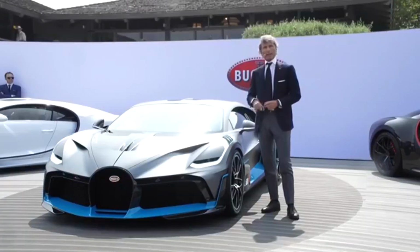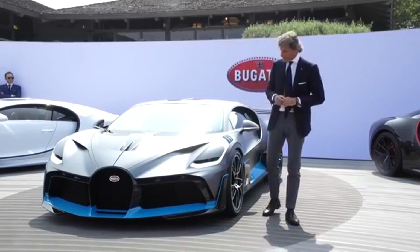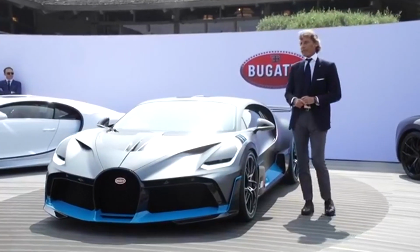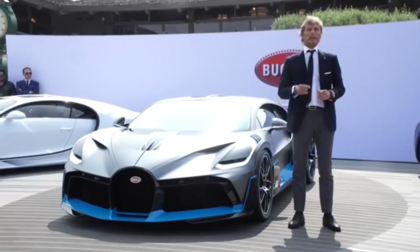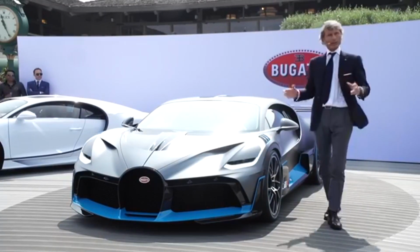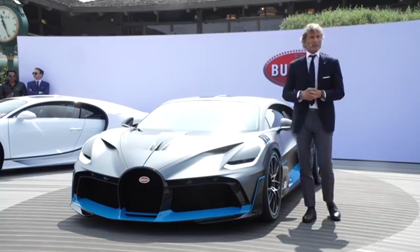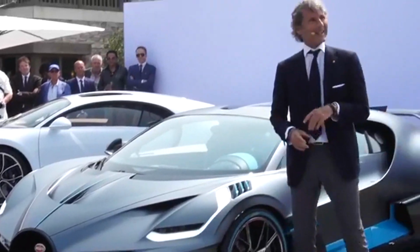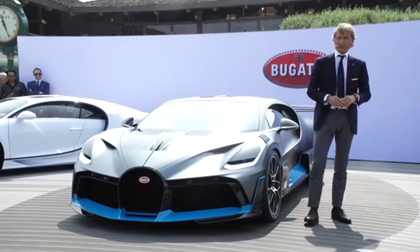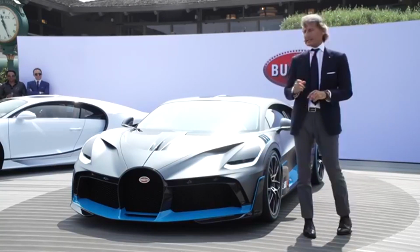Then we have stiffened the chassis, and we have sportier dampers, which is better for the handling behavior as well. We increased the camber of the wheels, which also looks very cool on the car. Apart from that, we decreased the weight, which is lower by more than 77 pounds in comparison to the Chiron. By putting all these things together, a better downforce, a stiffer chassis, less weight, in combination with our outstanding and wonderful 8-liter, 16-cylinder engine with 1500 horsepower, we have achieved an incredible time on the handling course, which is quicker by 8 seconds than the